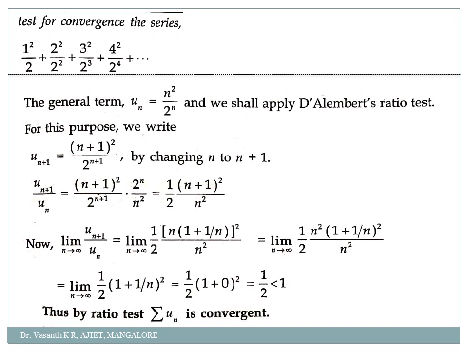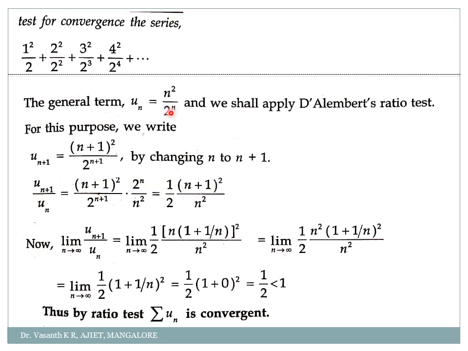Initially, whenever they give you this type of series, it is always better to go for D'Alembert's ratio test. Before going with the problem, I should know what my nth term is. So how to get the nth term here? Un is equal to, first check the numerator. I have 1, 2, 3, 4, 5, and so on. So it will be directly n. And what is there in the power? Square. So n square divided by, in the denominator, the base is the same, 2, 2, 2, 2, but the powers get increased 1, 2, 3, 4, and so on. So 2 to the power n.